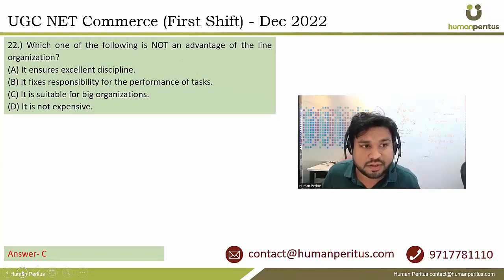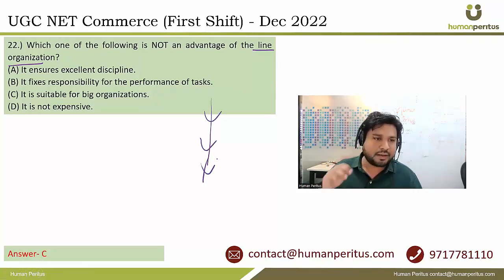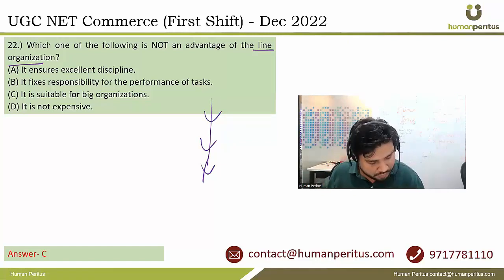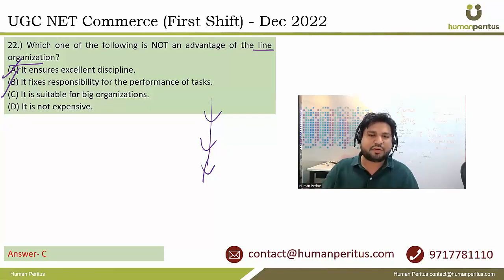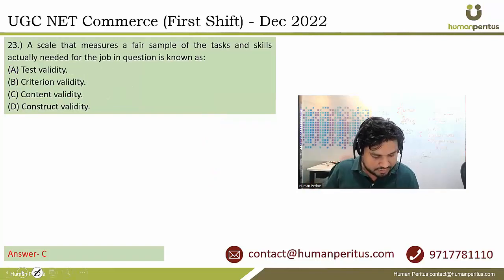नेक्स्ट इज विच वन ऑफ द फॉलोइंग इज नॉट एन एडवांटेज ऑफ द लाइन ऑर्गेनाइजेशन। तो लाइन ऑर्गेनाइजेशन कुछ नहीं, बहुत ही ट्रेडिशनल एक वर्टिकल हायरार्की है, और उसी के हिसाब से सारे डायरेक्शंस चल रहे हैं। ठीक है। तो इट इंश्योर्स एक्सीलेंट डिसिप्लिन, ये बहुत ही अच्छा एडवांटेज है। इट फिक्सेस रिस्पॉन्सिबिलिटी फॉर द परफॉर्मेंस ऑफ टास्क, बिल्कुल सही बात है। इट इज सुटेबल फॉर बिग ऑर्गेनाइजेशन, तो ऐसी कोई बात नहीं है। दिस इज वेरी वेग स्टेटमेंट, और ये गलत हो जाएगा, और इसलिए ऑप्शन सी इसका सही आंसर है। ठीक है।